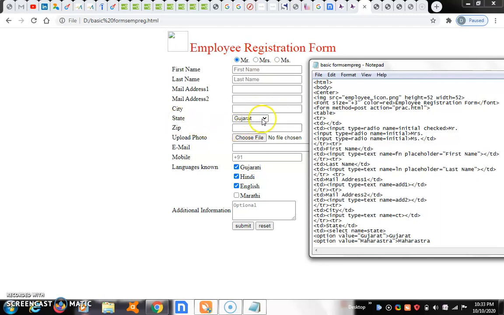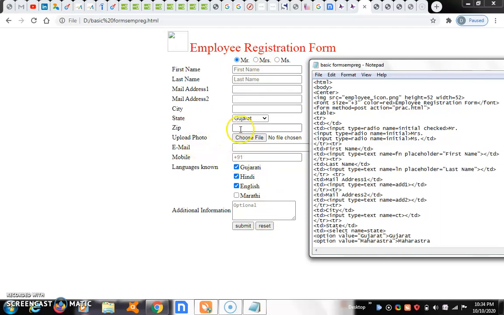Here state Maharashtra, city is Kolhapur. ZIP is for pin code, it is 412141. So you will get it clear. Pin code, state name Maharashtra, city name Kolhapur, corresponding address Ichalkaranji, Yadav Ichalkaranji, first name and last name. Mr., Mrs. means first name, last name, you type as it is.